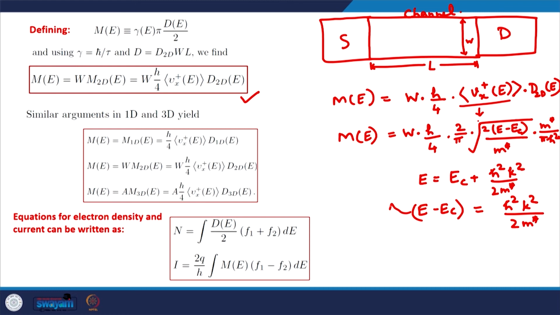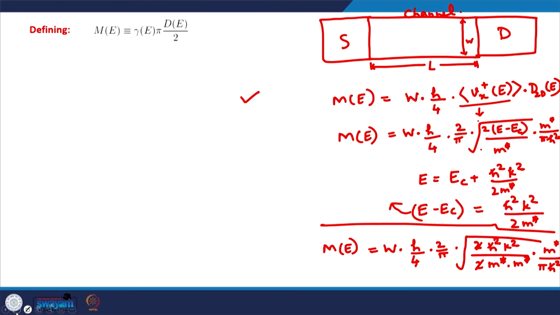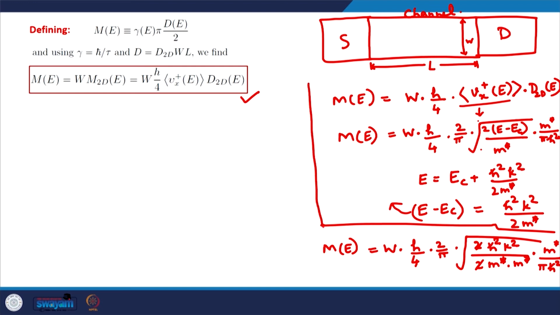So, if we put this value of E minus EC into this expression, the expression of modes, this will further simplify to W times h by 4 times 2 by pi into E minus EC, which is h bar square K square divided by 2 m star, into m star. So, 2 will go away, and here we have m star by pi h bar square. Okay. So, this is the expression for the number of modes in the